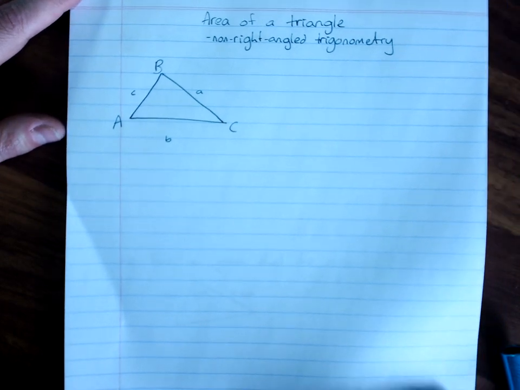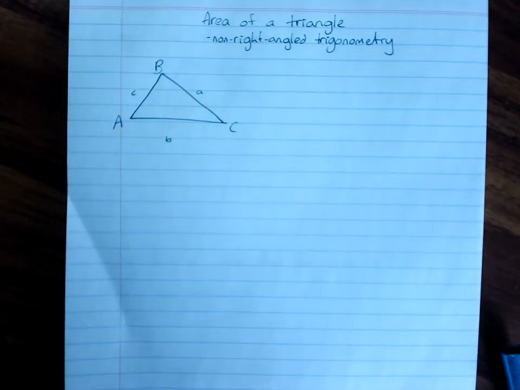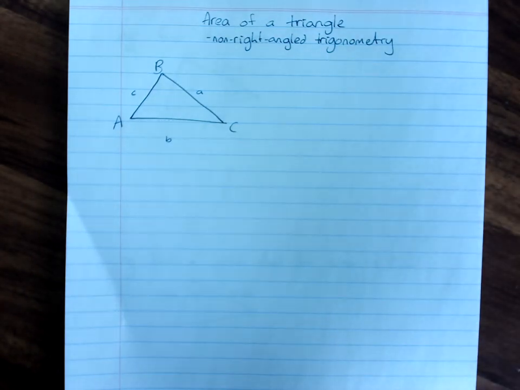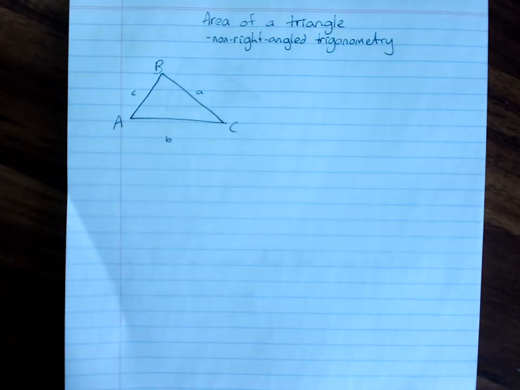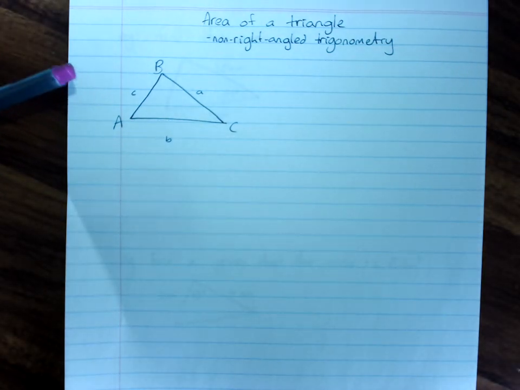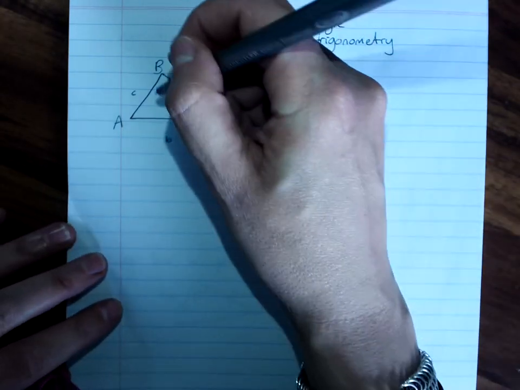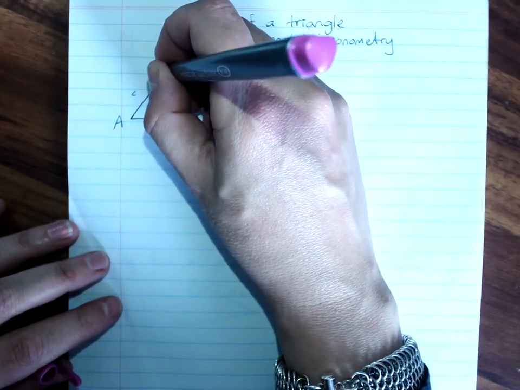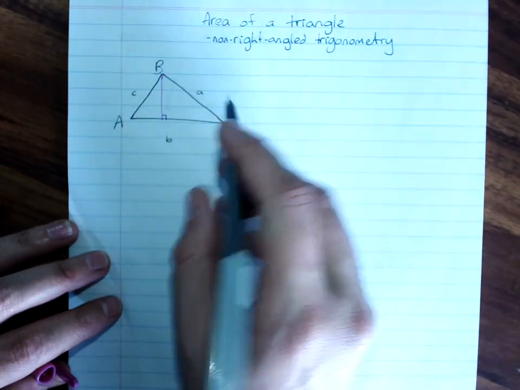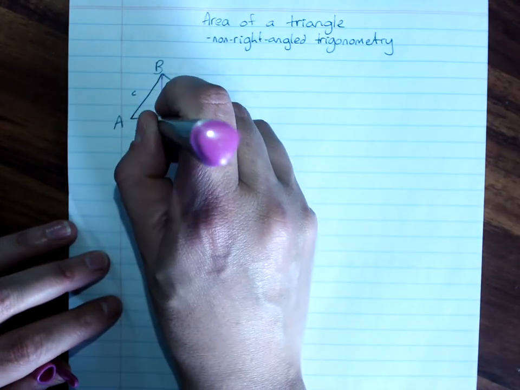The area of a triangle in non-right angled trigonometry. I'll very briefly go through how we get the area formula and then two ways to use it. So we've got here a standard non-right angled triangle, and as we usually do, if we drop a line perpendicular to AC, giving us a right angled triangle here at point P,